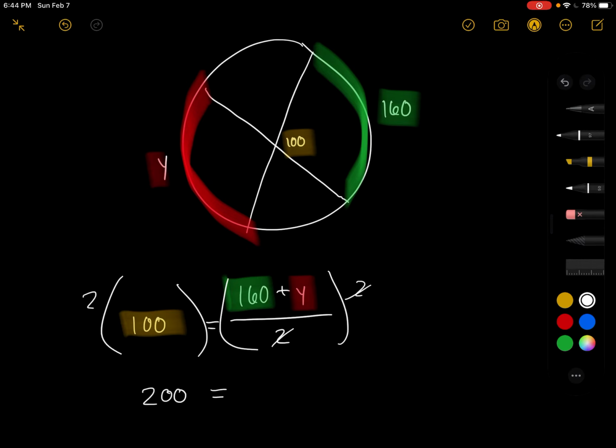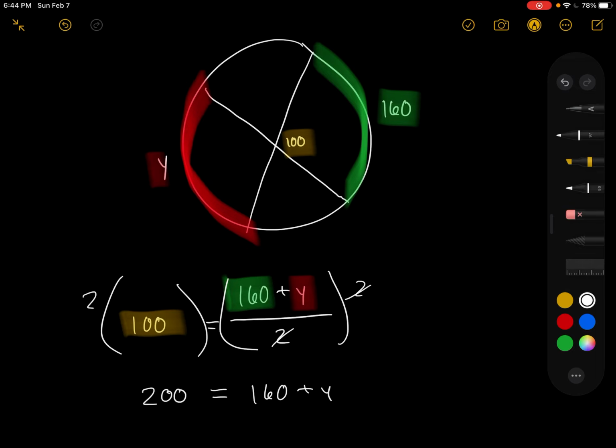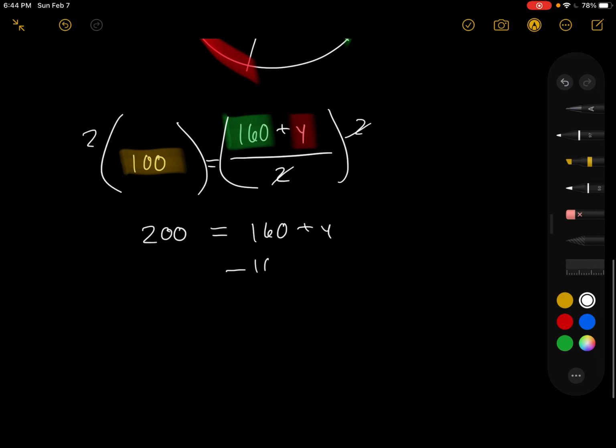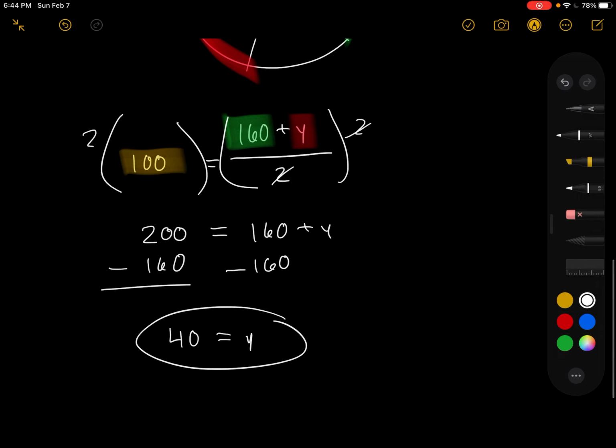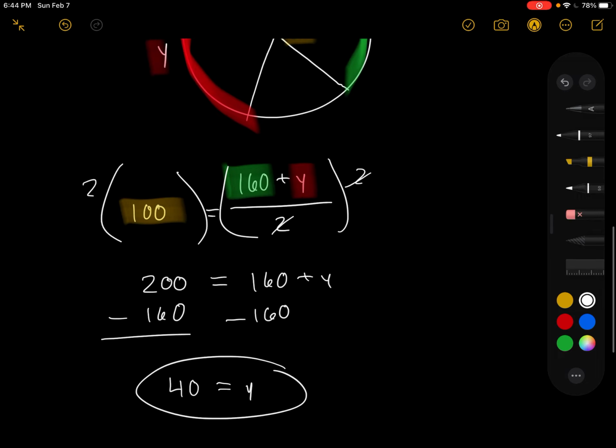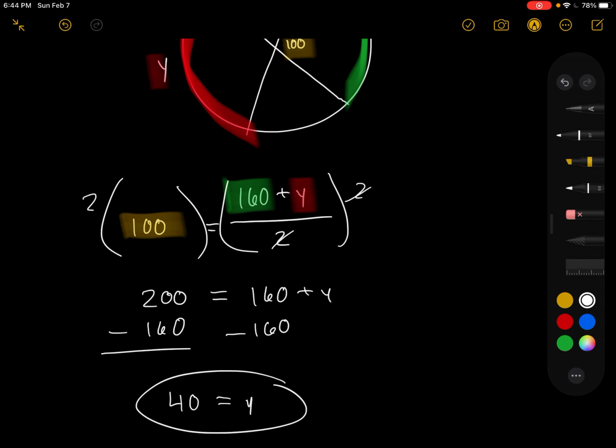That will simplify to 1. Here we would get 200 on the side. And now we can continue to solve. So 40 equals y, and we've gone through. So again, the format's the same. We might have different pieces of the format that are missing, but either way, both of those arcs divide